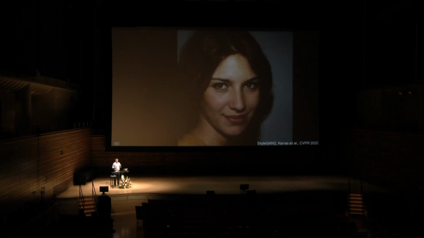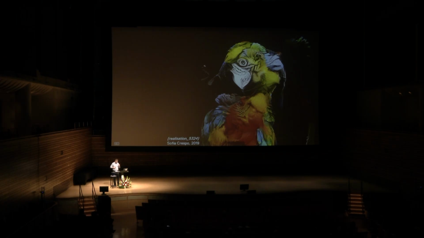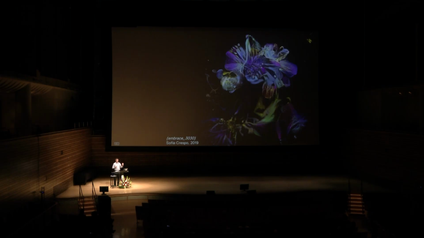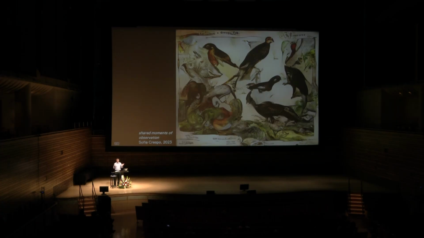Bringing it back to art, some artists realized that we could use this generative technology to make new forms of artworks. This is a GAN artist that I like a lot named Sofia Crespo, who curates her training data set of things that are really highly saturated, birds and jellyfish and flowers and so on, and produces very evocative, very cool looking outputs. For example, here's a page from a manuscript that never existed of a bunch of animals that never existed, and it still looks somehow mysterious and fantastic and realistic, but it's totally generated.